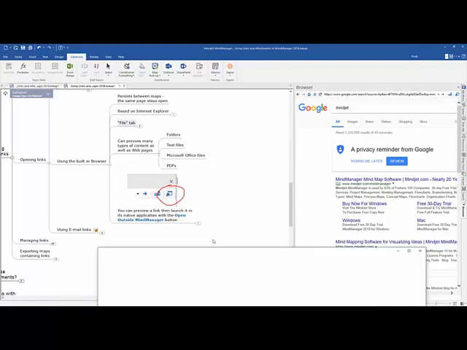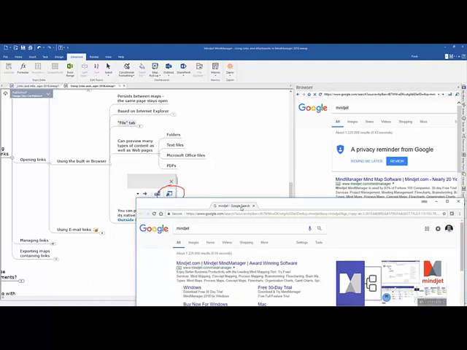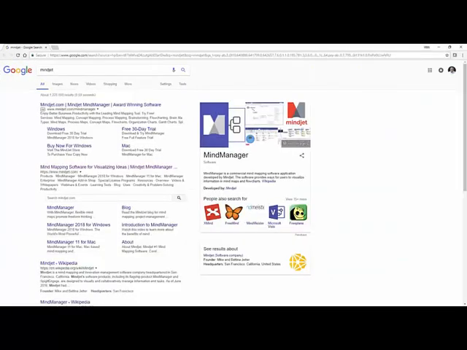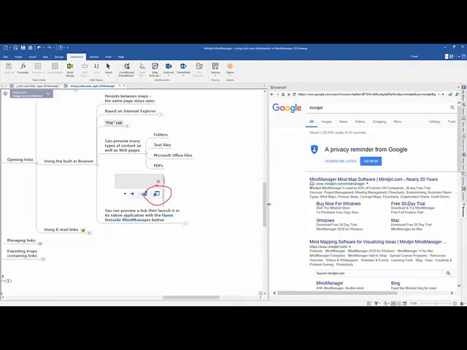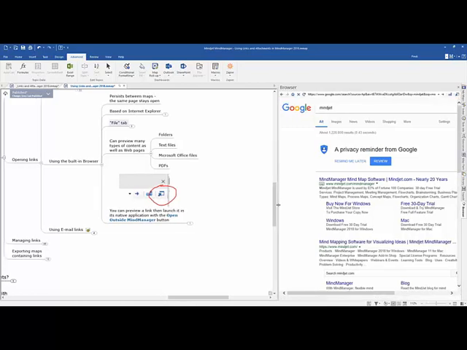If I drag this up, I just clicked on that and it takes you to that page in your normal default browser on Windows. So the built-in browser, it's really handy to have it on the same page as MindManager in the same screen, but sometimes you might be struggling a bit with the space you need to work with, especially if it's a complex website. You can very easily click on that Open Outside MindManager button and take that outside of the built-in